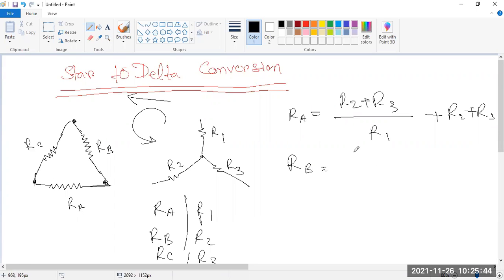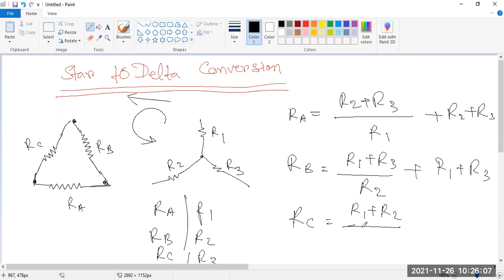So here B is there, so we do not need to write down B. So R1 plus R3, and just R2 is divided, because this is resemble of this, and the other resistances, that is R1 plus R3. Here also RC, R3 is resemble of R3, so leave out R3, we are getting only R1 plus R2, and R3 is just the denominator, and the other resistances, R1 plus R2. That is the formula, and it is a long process, so just remember it. Then we will go for the solution.